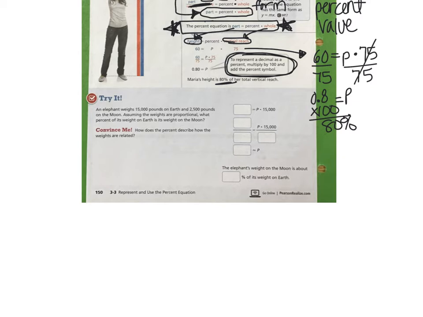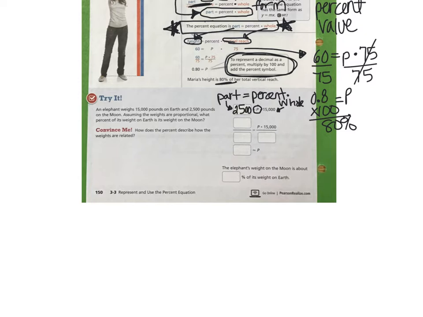An elephant weighs 15,000 pounds on Earth and 2,500 pounds on the moon. Assuming the weights are proportional, what percent of its weight on Earth is its weight on the moon? Well, we have our percent equation that says part equals percent times whole. So the whole is the 15,000. That's how much the elephant weighs on Earth. The percent is what we're looking for, and the part is how much it weighs on the moon, which is